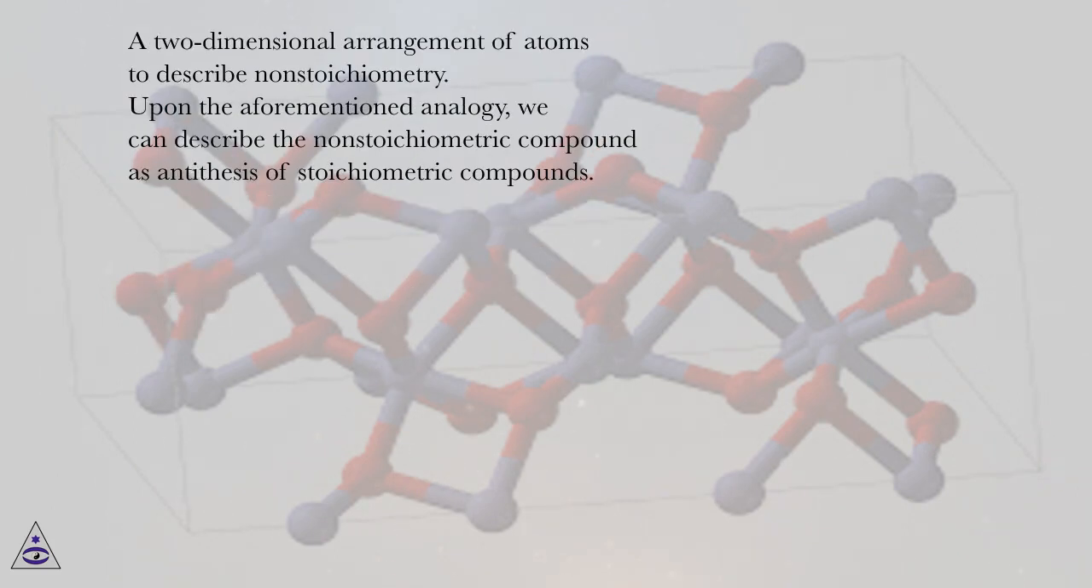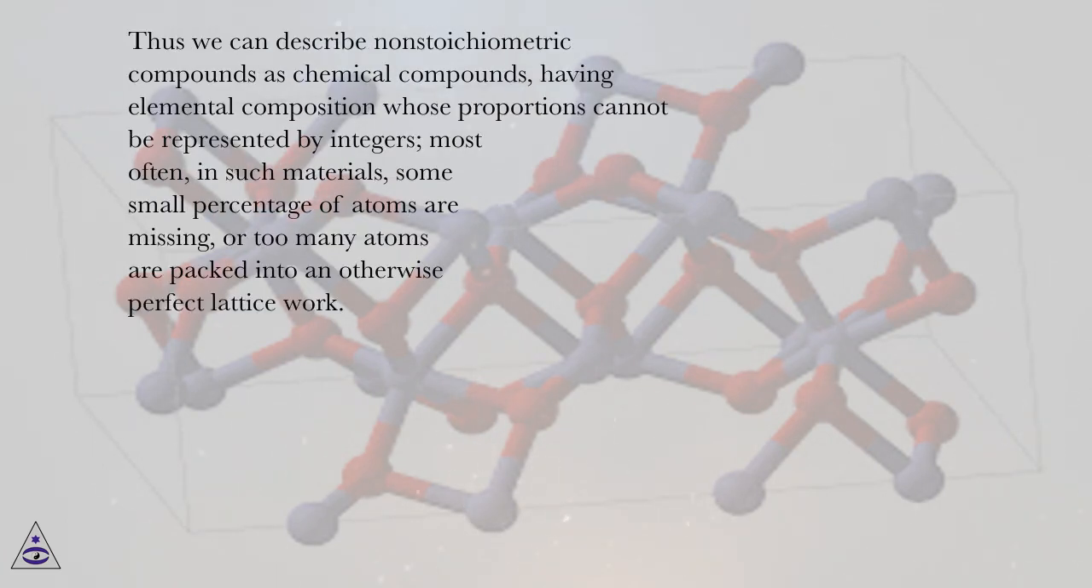A two-dimensional arrangement of atoms to describe non-stoichiometry. Upon the aforementioned analogy, we can describe the non-stoichiometric compound as the antithesis of stoichiometric compounds. Thus we can describe non-stoichiometric compounds as chemical compounds having elemental composition whose proportions cannot be represented by integers. Most often, in such materials, some small percentage of atoms are missing, or too many atoms are packed into an